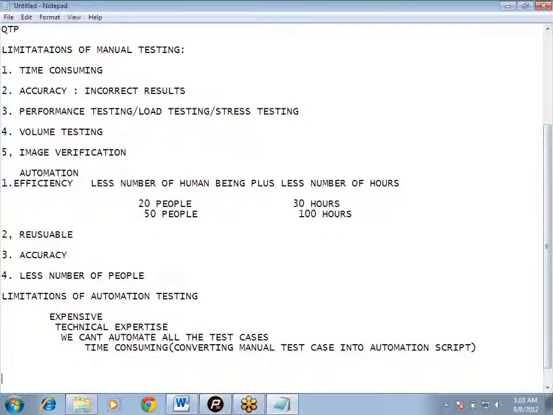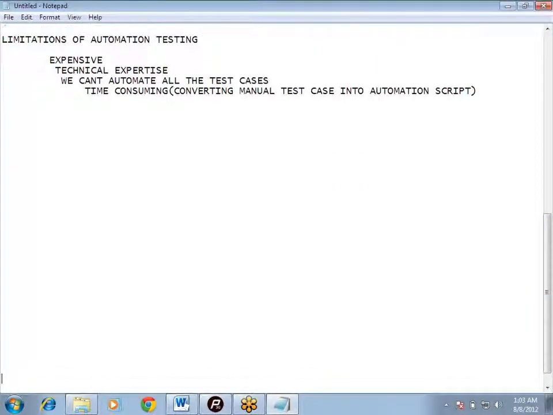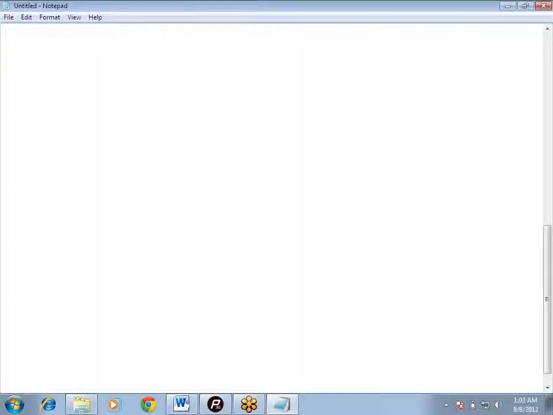Okay. Now, very important question: how to decide whether to go for automation testing or manual testing for a particular application?